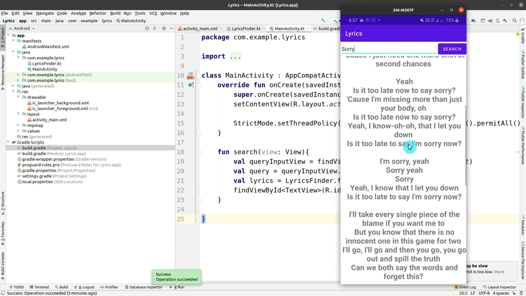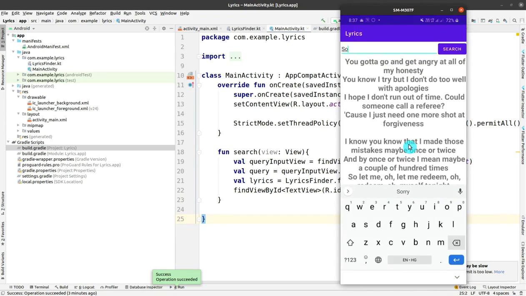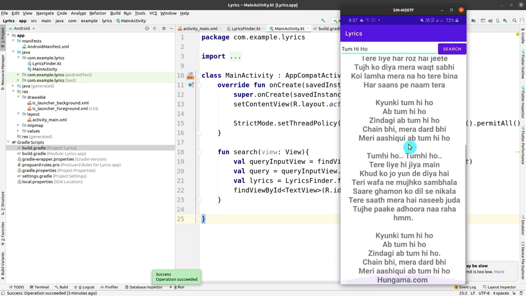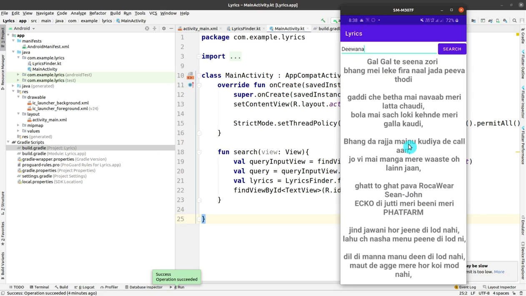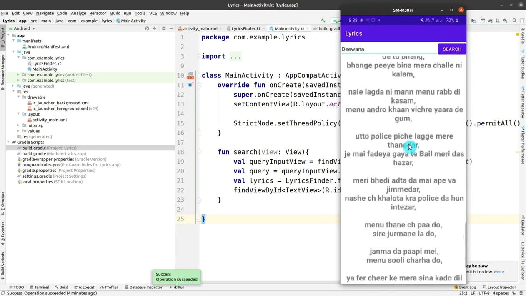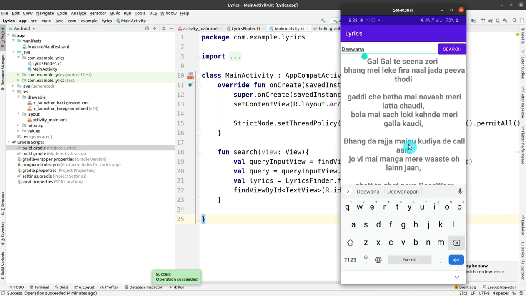Yay. And now the Hindi songs. Not the English songs only, we have the Hindi songs also in our lyrics app. So, Tum Hi Ho, here we got that. Another song that we have to search, like Deewana, and here you can see that the lyrics is there. Afterwards, one more song that we want. So, let me search for it. Dil Diyan Gallan. Then I'll just click on that search button. Here you can see that